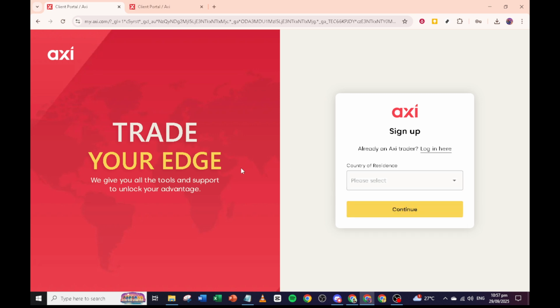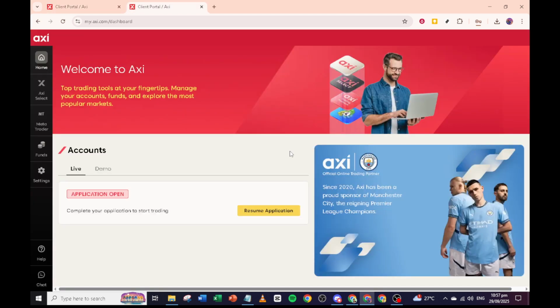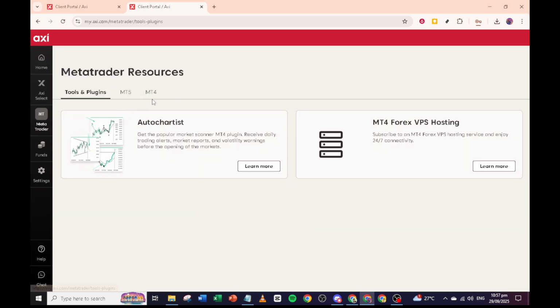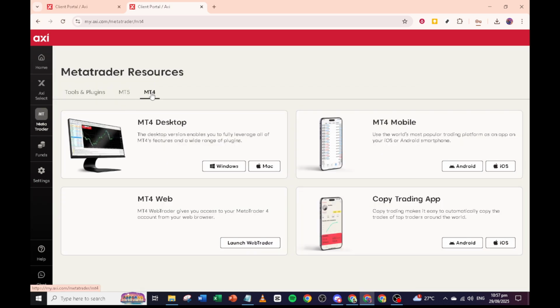Your broker will either provide a direct download link via email or guide you through their client portal. When you receive the link or find the download section on your broker's website, download the .exe installation file to your computer. This file is crucial, as it contains everything needed to install the MetaTrader 4 program.